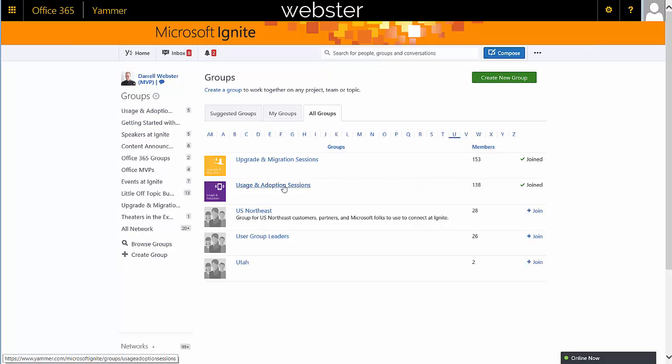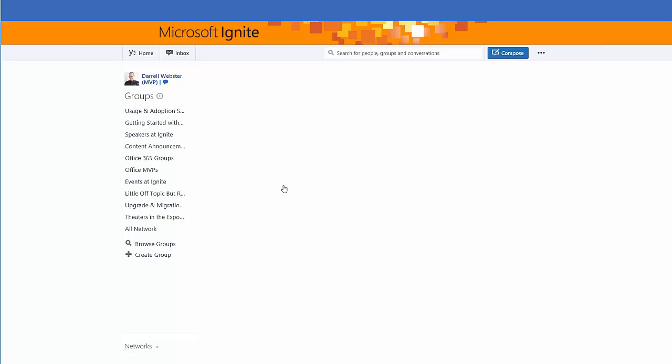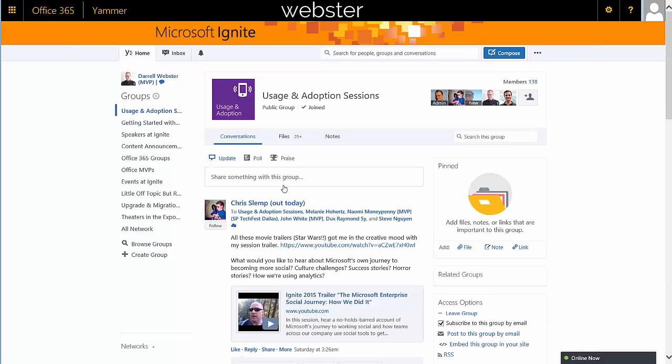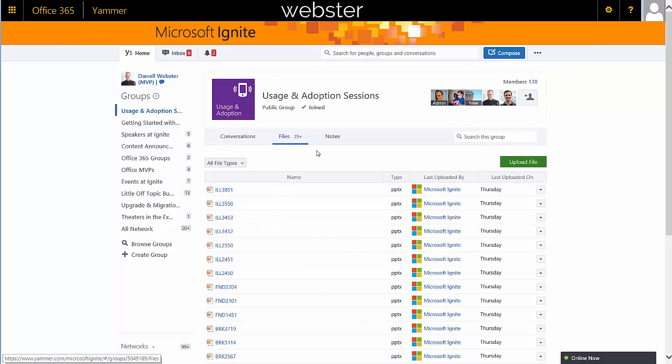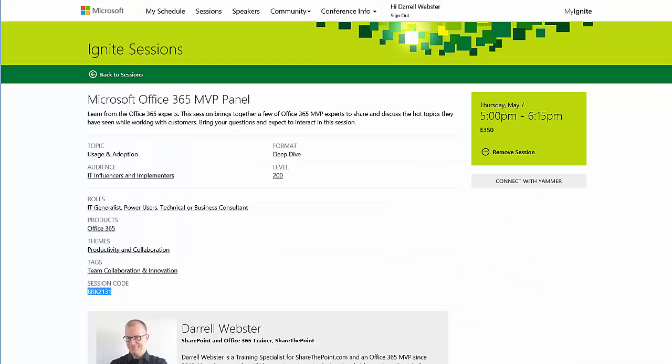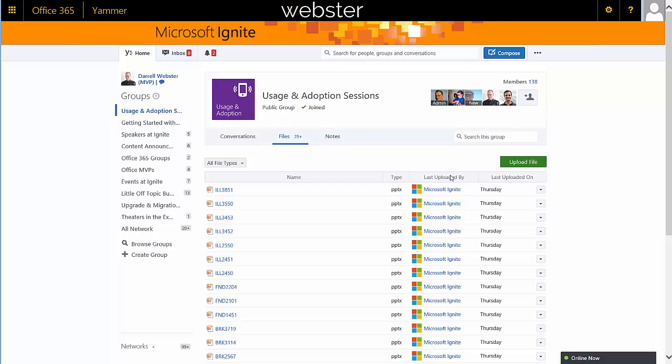So let's visit that area, and with the session code, now what we're going to do is visit the Files area. Now that's where a placeholder for our slide decks is being stored. So I'll go up to the Files area, and the default is that all the slide decks have been named after the session code. So I've got that session code, remember, from my schedule. I've copied that. I'll paste it into the search group,